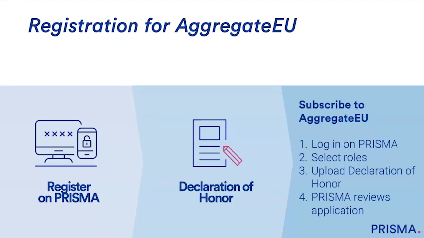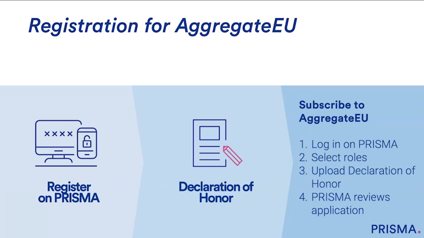the subscription step. Here you log in with your newly created PRISMA account. We'll go to the Aggregate EU section, can configure all the roles you need to participate in, so buyer, seller, or even both, and then also upload your declaration of honor there. Submit this, and again, the customer success team at PRISMA will review your application and either approve it or contact